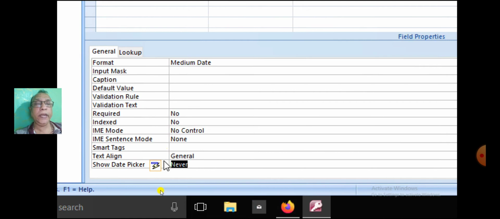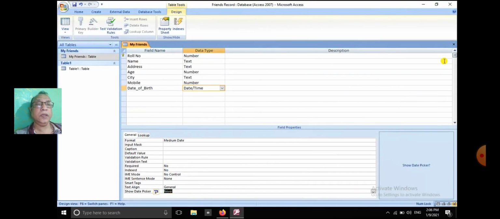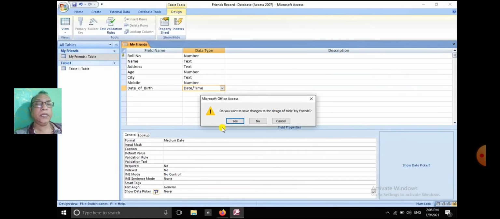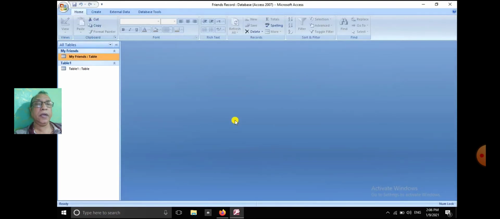And go to Show Date Picker and select Never. Click on close, save it, double click My Friends table,